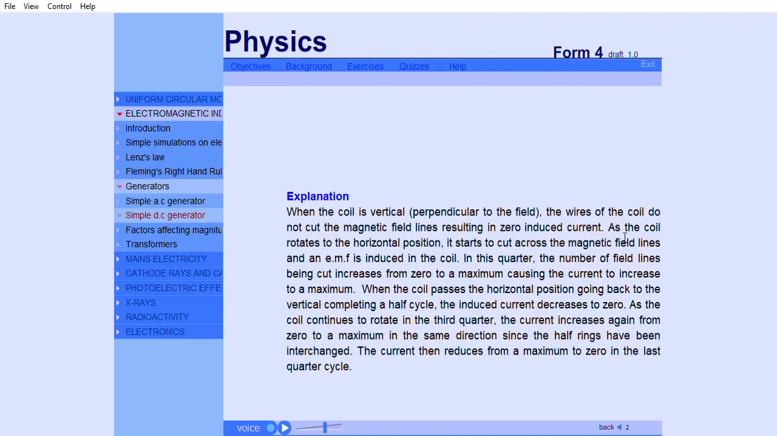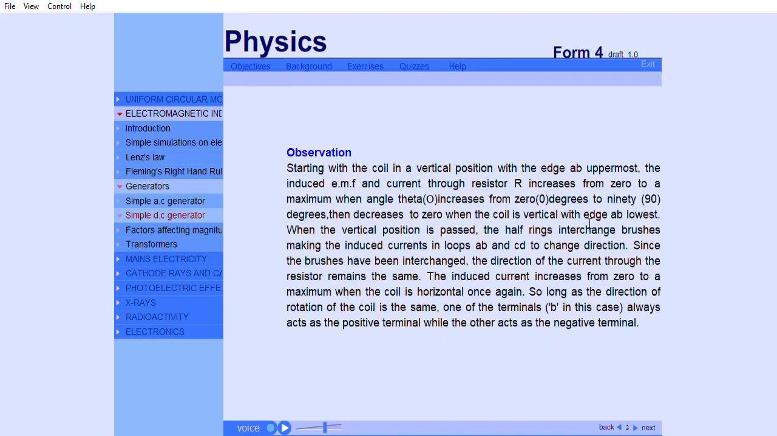Observation. Starting with the coil in a vertical position with the edge AB uppermost, the induced EMF and current through resistor R increases from 0 to a maximum when the angle theta increases from 0 degrees to 90 degrees. Then